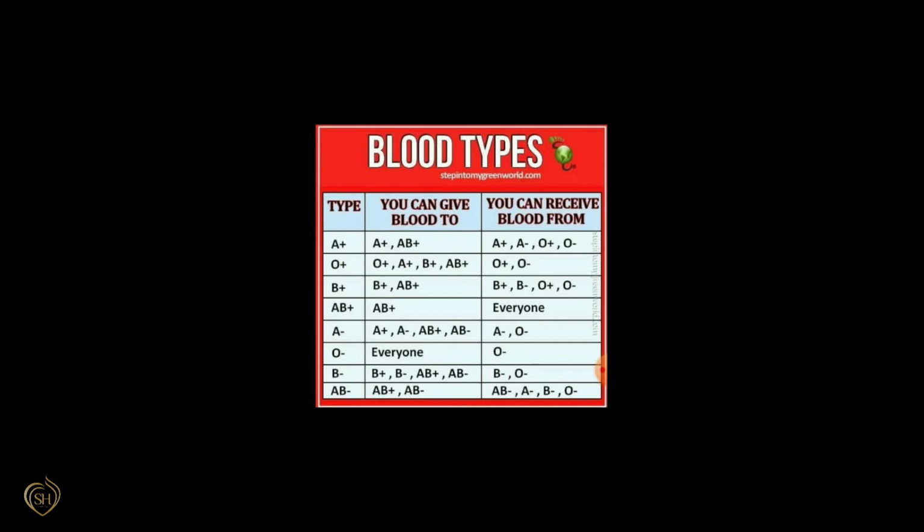What happens? In the recipient's blood, an antibody is formed against this Rh factor, because this Rh factor is not present in the negative blood group. It is a foreign particle for the recipient's body. Therefore, an antibody is formed in the recipient's blood against the Rh factor. That happens within about 2 weeks of transfusion. And this antibody remains in their blood.